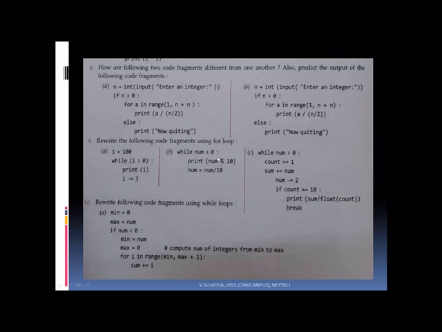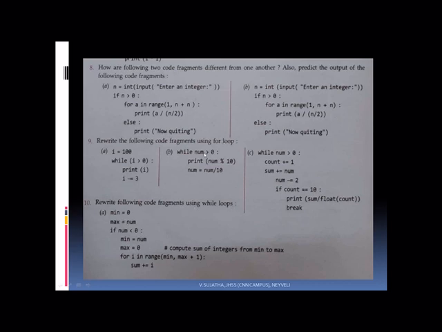First of all, you find what action it is doing. What is the lower limit? What is the upper limit? What action is repeatedly being done? What is the increment or decrement value? That you have to find out for B and C. So I have done only one sample. You try this B and C and write the answer. Okay, afterwards we'll discuss that one. You try, because each and every question I am explaining. Yourself you have to try some questions. Clear? Okay. Then we'll move on to rewriting the following code fragment using while loop.